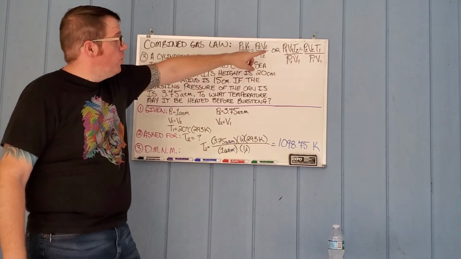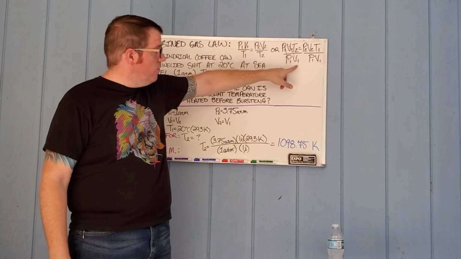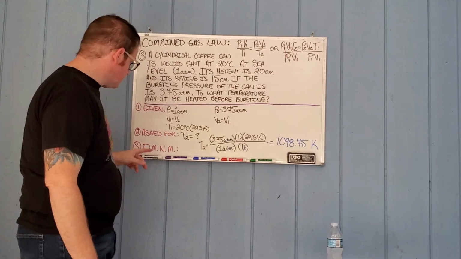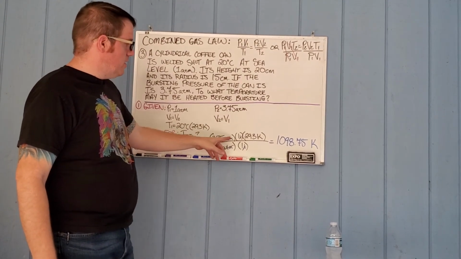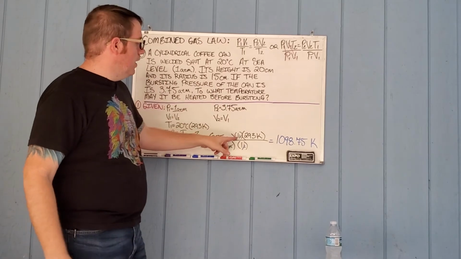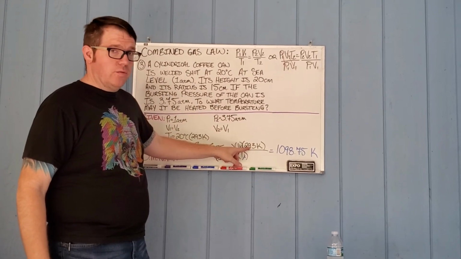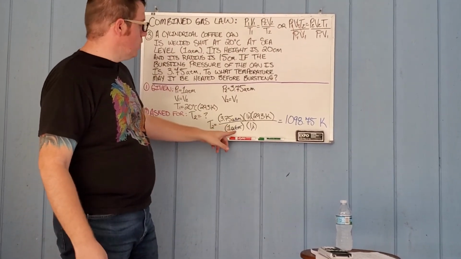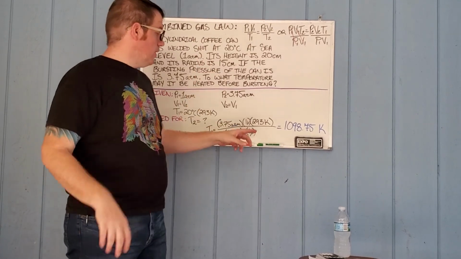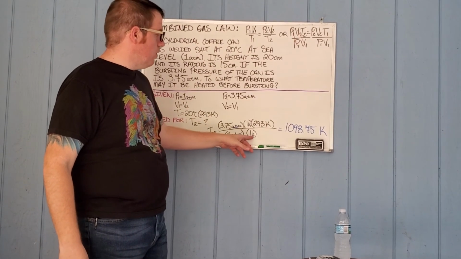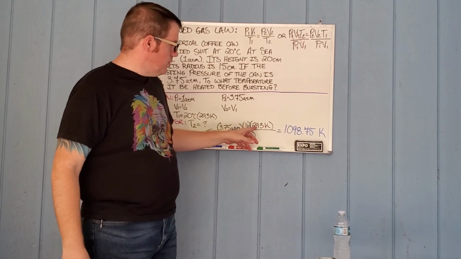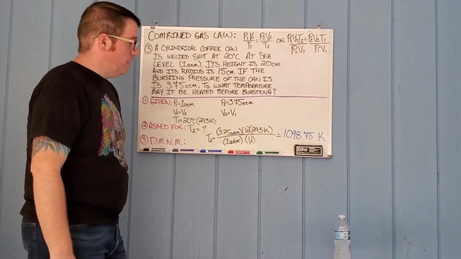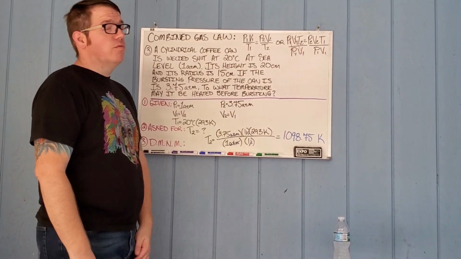So we're going to calculate T2, canceling out the volume along the way. When we isolate T2, we divide out P1 and V1 on this side. What we do to one side, we do to the other. We end up with 3.75 atm times my 1 liter for my volume, times my temperature of 293 Kelvin, divided by my 1 atmosphere from sea level, divided by the 1 liter that the can is. Those are going to end up dividing out. When we multiply 3.75 times 293, I end up with 1098.75 Kelvin. So when we heat up that can, we have to really, really get it hot before it finally just